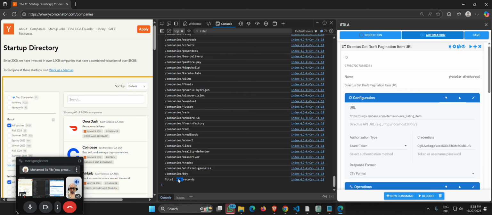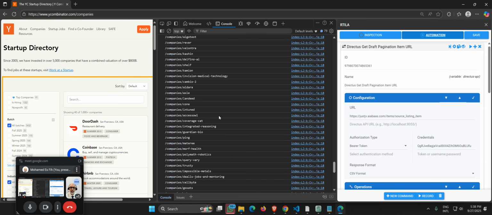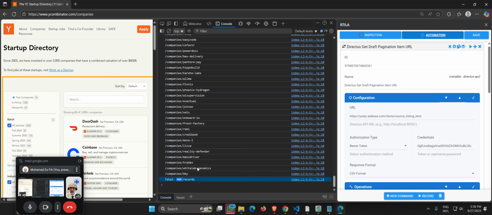You see, we get the 400 in like less than a second. You saw how fast it was, yeah? So this is the power of working with Directus, because if we had to do this with Google Sheet, it will take like a couple of seconds, sometimes 20 seconds or more. But this is like almost instant. So now I'm getting all these, and of course this is not the complete URL,